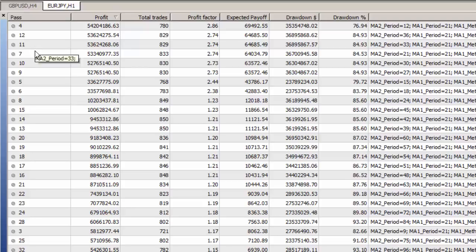So let's have a look at the next clump. So the next clump could be 10, 11, 12, 13, 14, 15. And the beauty of that one is that you've got 9, 10, 11, 12. So 12's in the middle, 13, 14, 15. So you've got a nice clump, and the best setting is in the middle of the clump. So again, you want a clump where if you get it wrong, you'll still hit some really nice